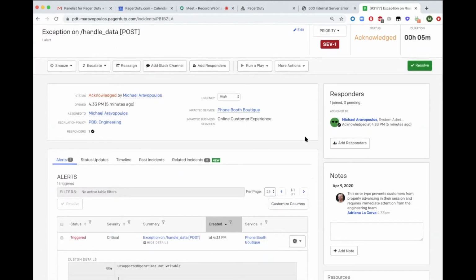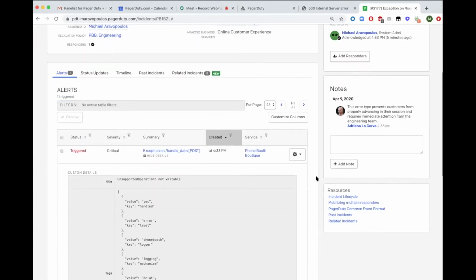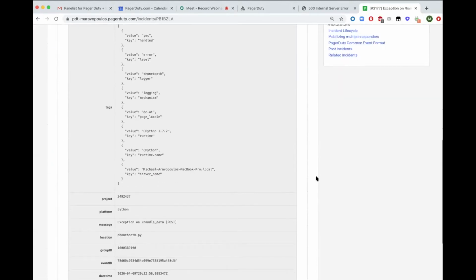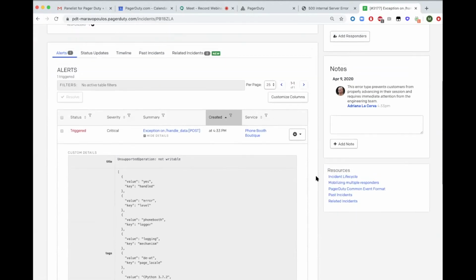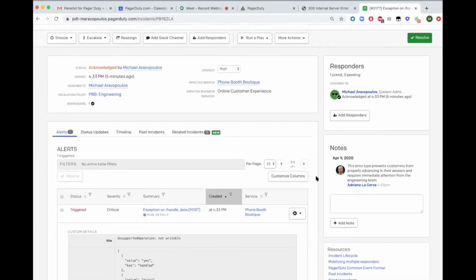Upon selecting the details of the incident, Michael can see, for example, more information. The priority of it, it's a priority 1 incident of high urgency. It's affecting the phone booth boutique application. And there's information about the details of this incident provided below. Now, again, upon review of the incident that has befallen our application, Michael can undertake an appropriate action, perhaps one